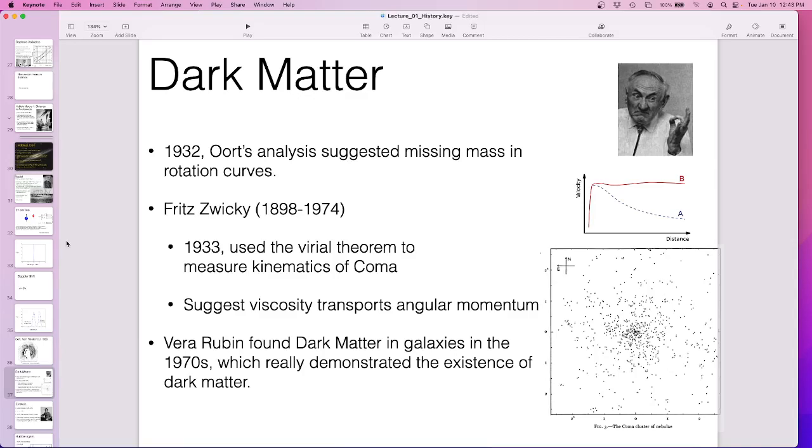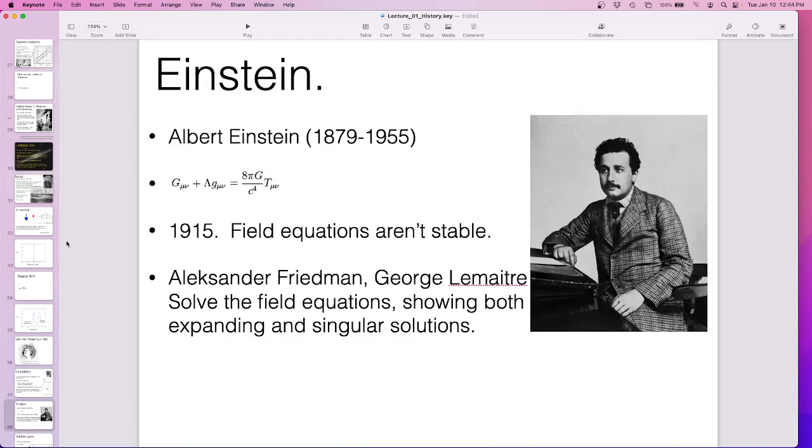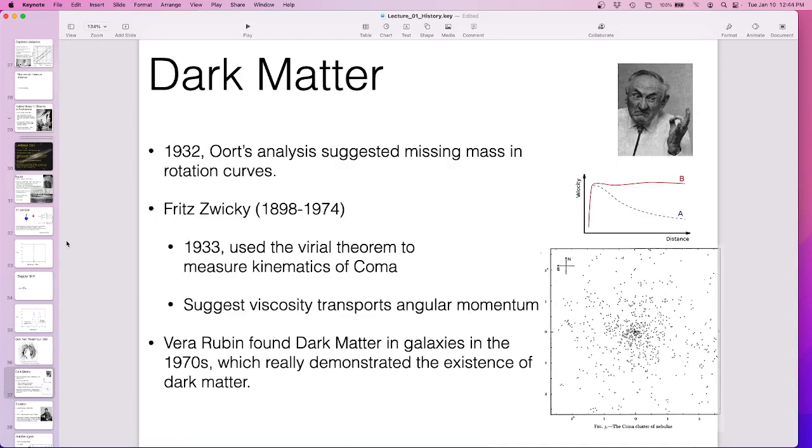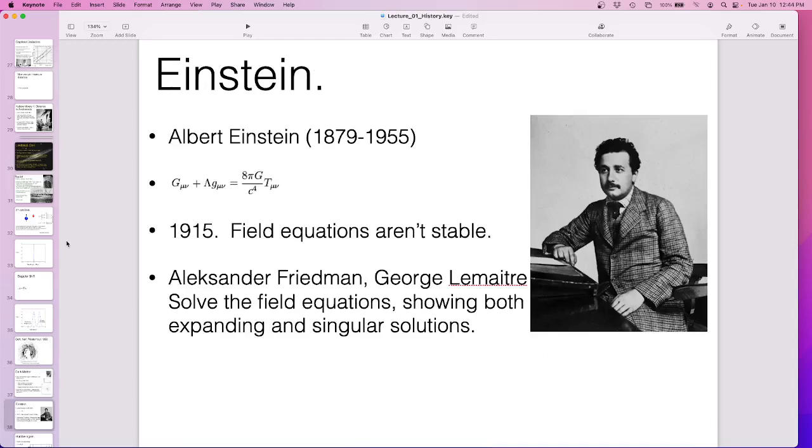So this is the Coma cluster. This is his image of it. And then in the 70s, Vera Rubin started to really carefully look at galaxies. This is a cluster of galaxies, but she started to look at galaxies themselves and the kinematics of galaxies and said every galaxy is just rotating too fast. They're all spinning really fast. They shouldn't be doing that. What the heck? I don't remember who first posited dark matter. I don't think it was Rubin. But she certainly made its necessity very clear.